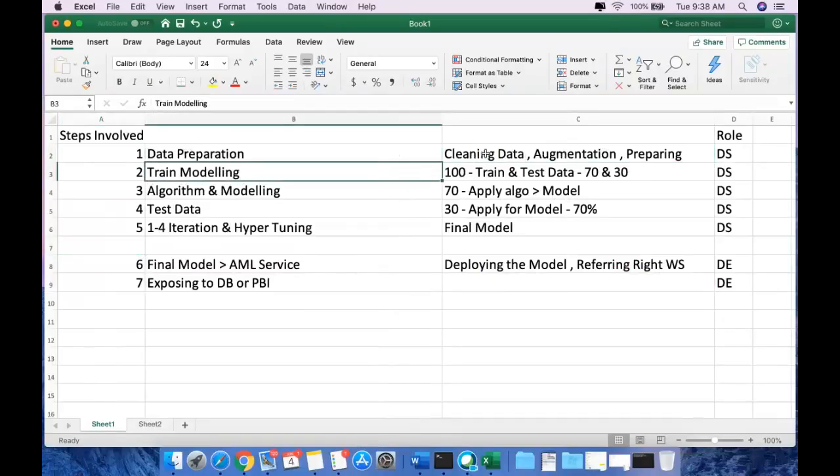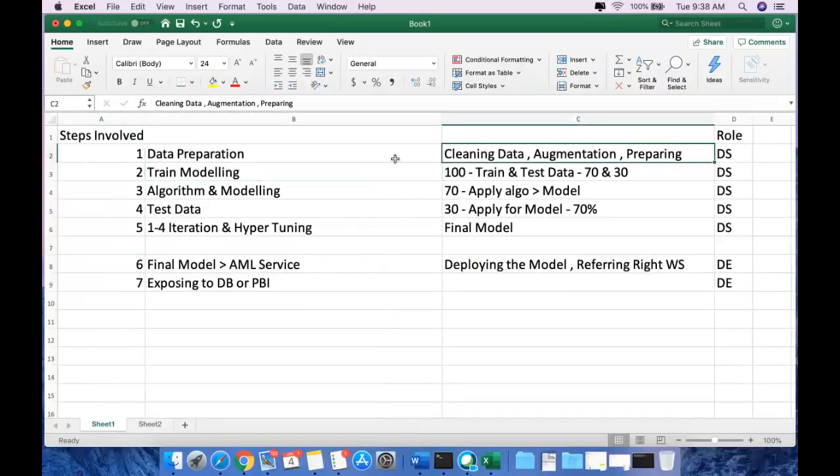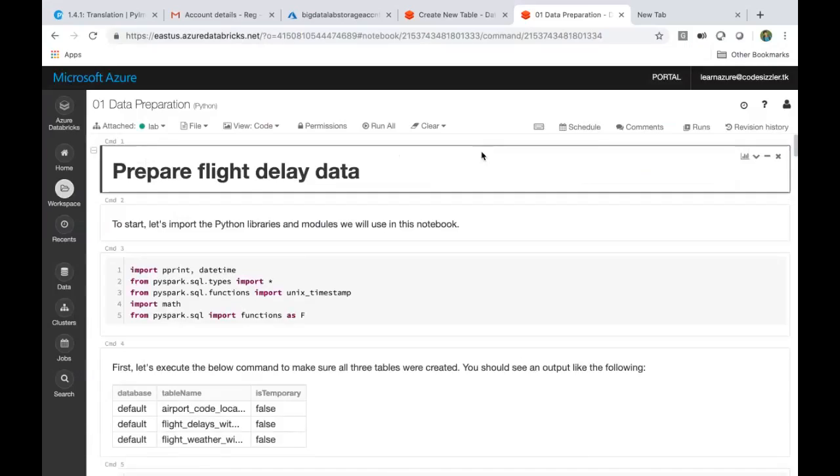But I just wanted to show you that we are trying to prepare your data as per the needs of the data scientist. It can be done by the data scientist, or it can be done by us also. Okay. So I am preparing the data here. It is mostly done by the data scientist, where we expose this data to him. And how do we upload it? We will have a Data Factory pipeline.